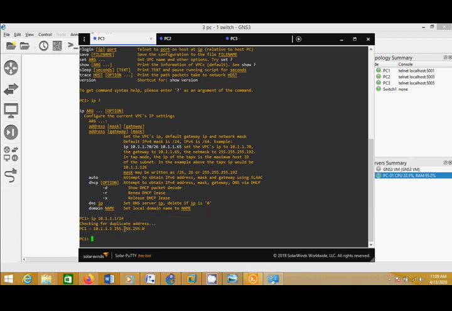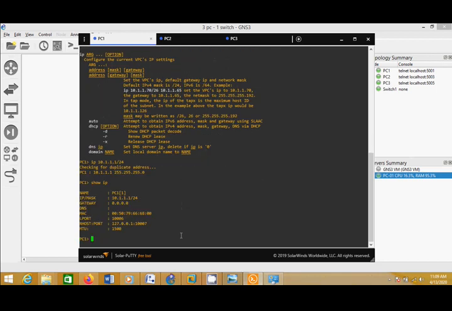You have the theory of how to write the mask in this form. Then let's show ip. The name of the node is PC1, then this is the IP and mask. The gateway is still 0 because we haven't set it.